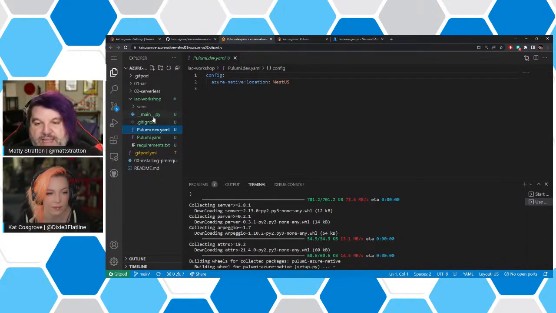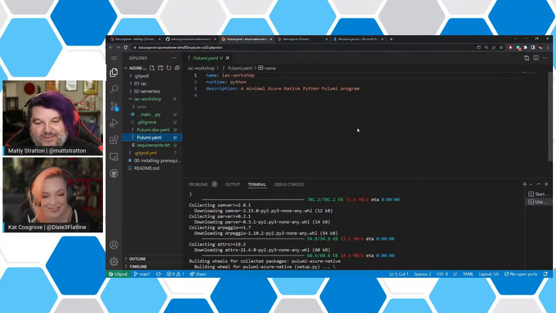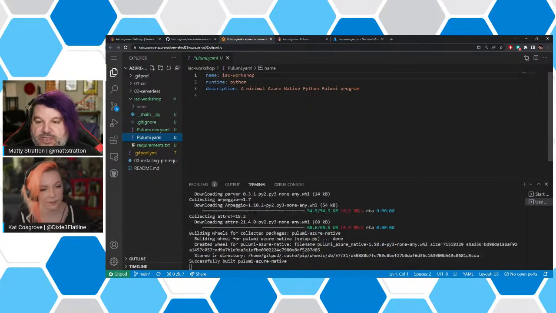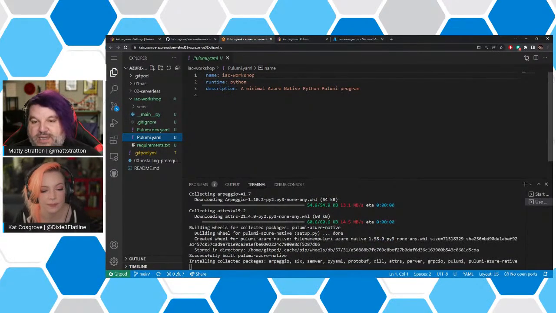One of the things, okay, you're going a little fast with a couple of things. The first thing, when it got created, it creates this Pulumi.yaml. This is just the overall project's configuration. And the only thing that really matters in here is the runtime. It says this project uses Python.